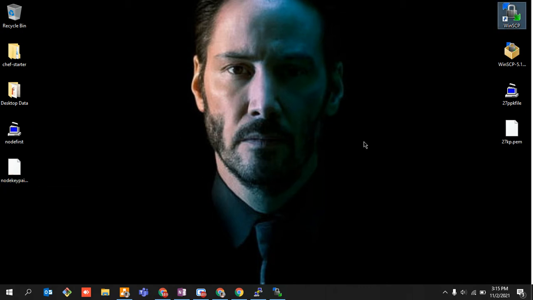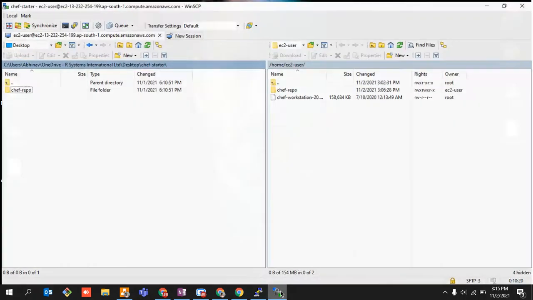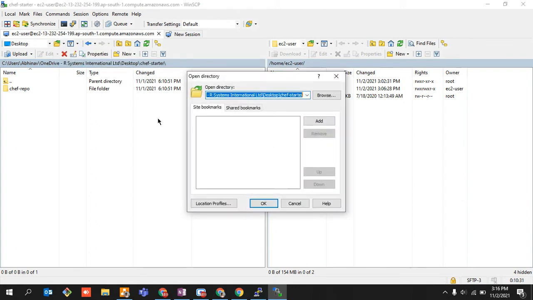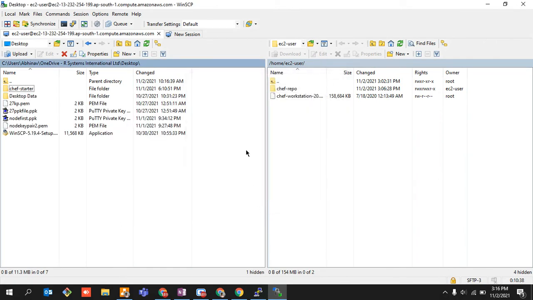So just again open your workstation. I hope I had it earlier opened that, right? Yeah. Go to your desktop. Just transfer this file, sorry, to the chef repo.